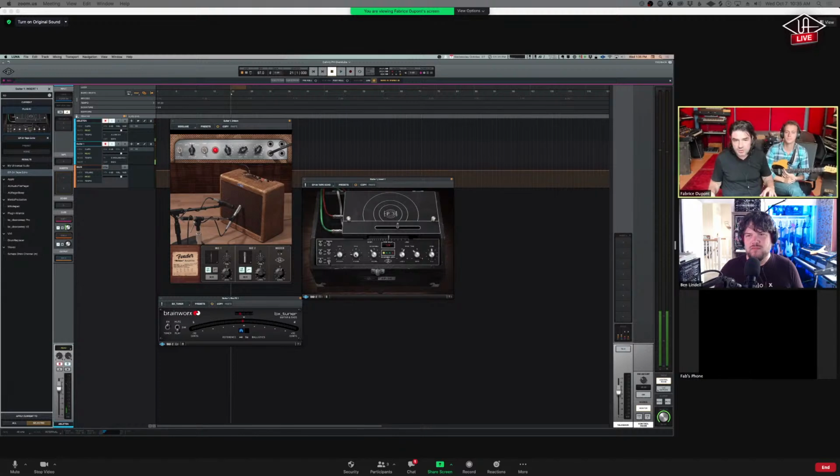Less of the echo, and I think it should sound a little weirder, so maybe more of the chorus. And by the way, I'm using the 55 as a unison preamp so that it really feels like the amp.